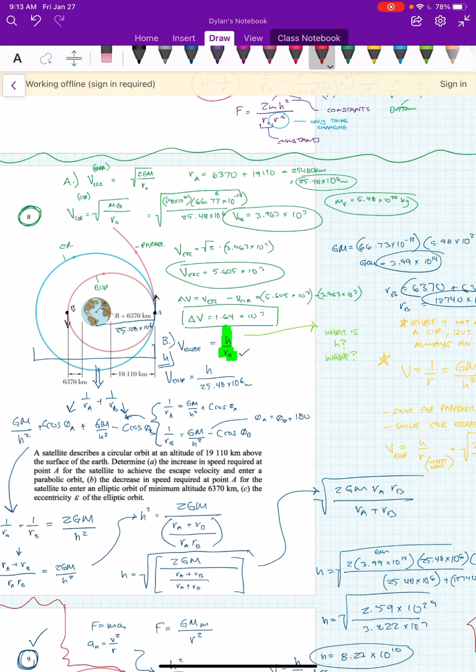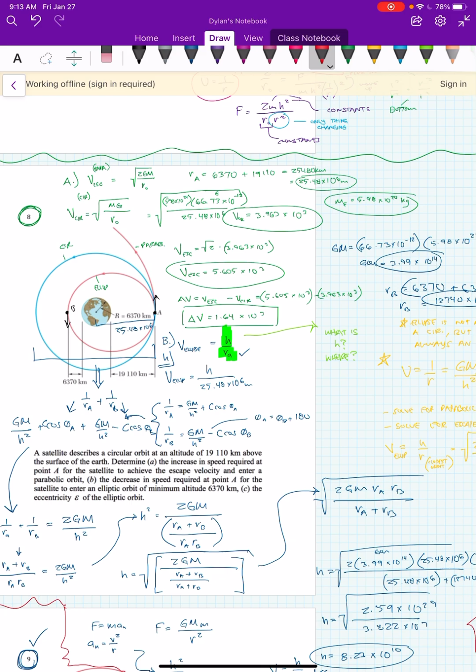I actually understand this one very well now, but at the time this one took me about 5 hours. So there's lots of work here. Part A is in green. I knew that